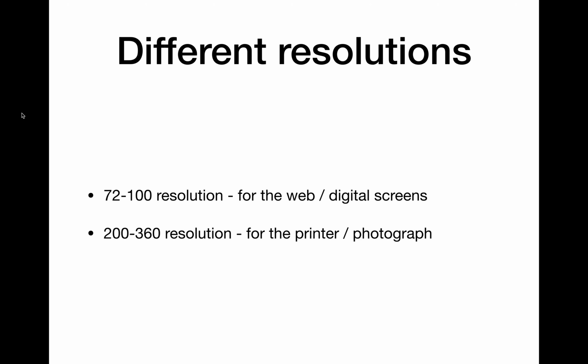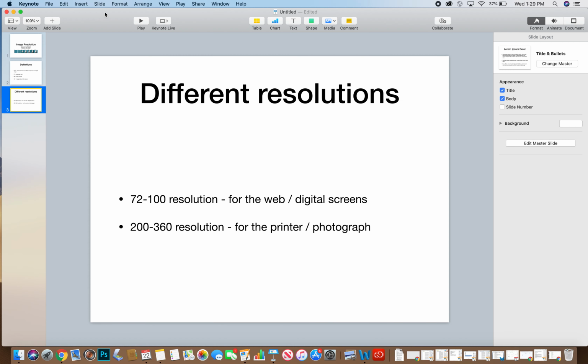A higher resolution than 360, the printer will actually be able to read that, but it will not look any different at all. So then you're just dealing with more information than you need, and that's something that is inefficient, and we're not going to be able to store many of those files if we save them at a higher resolution than needed. So let's take a look at what's happening underneath the hood here. I'm going to open up